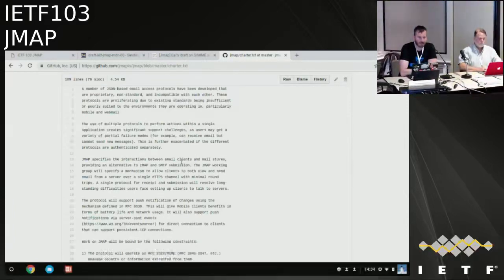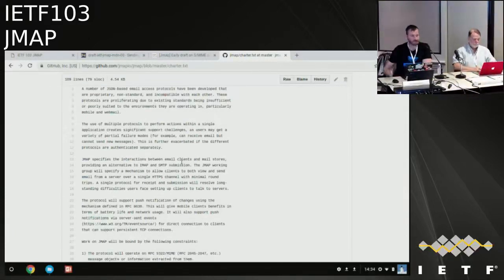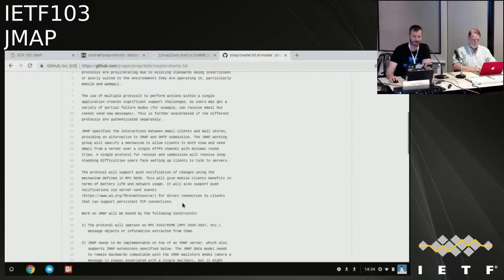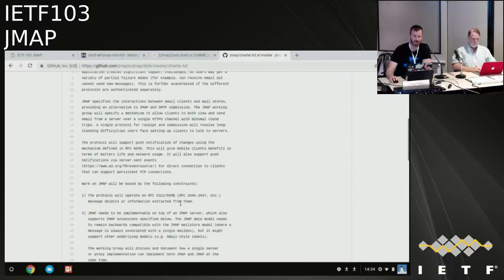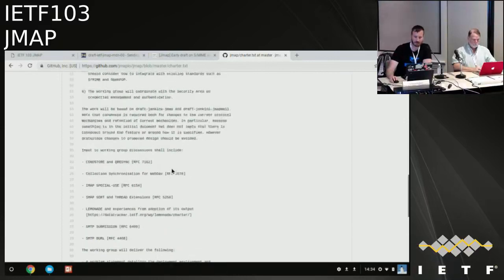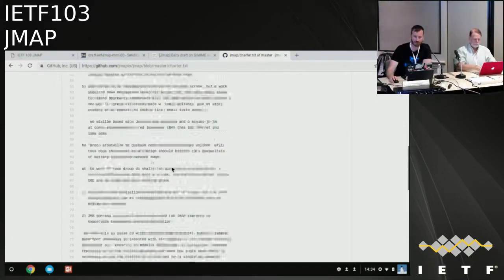I'm proposing that now that we are at delivery of core and mail, which were the initial documents that we specified, that we reach out to this group. Basically, the first few paragraphs are exactly the same because most things are the same. Hang on, is this the old version? Did I not push the new version? This is the old version.